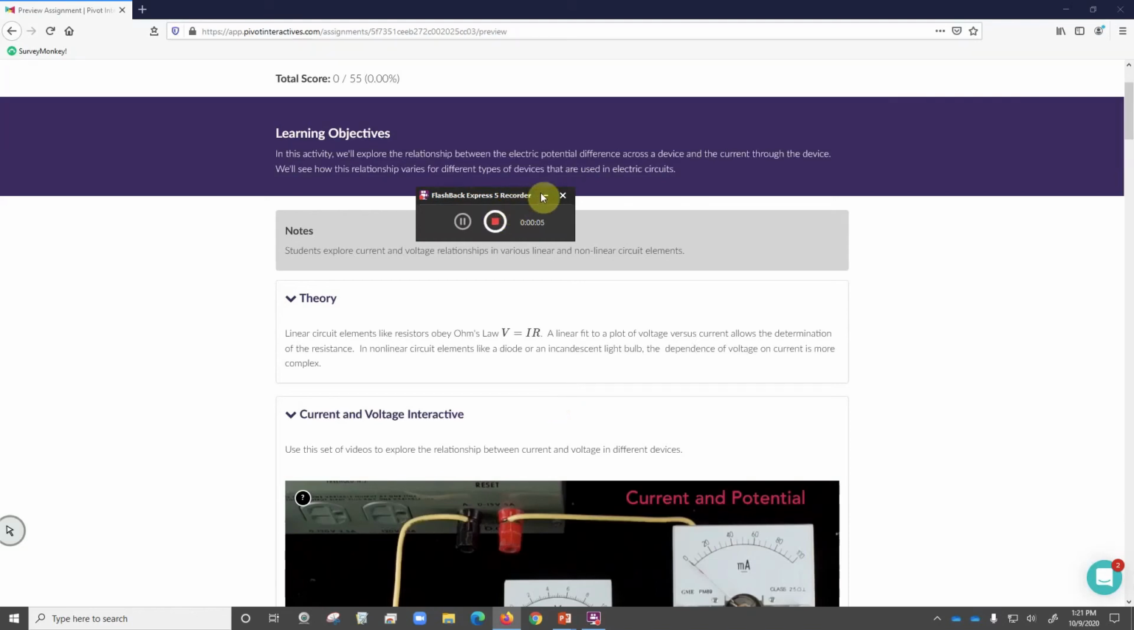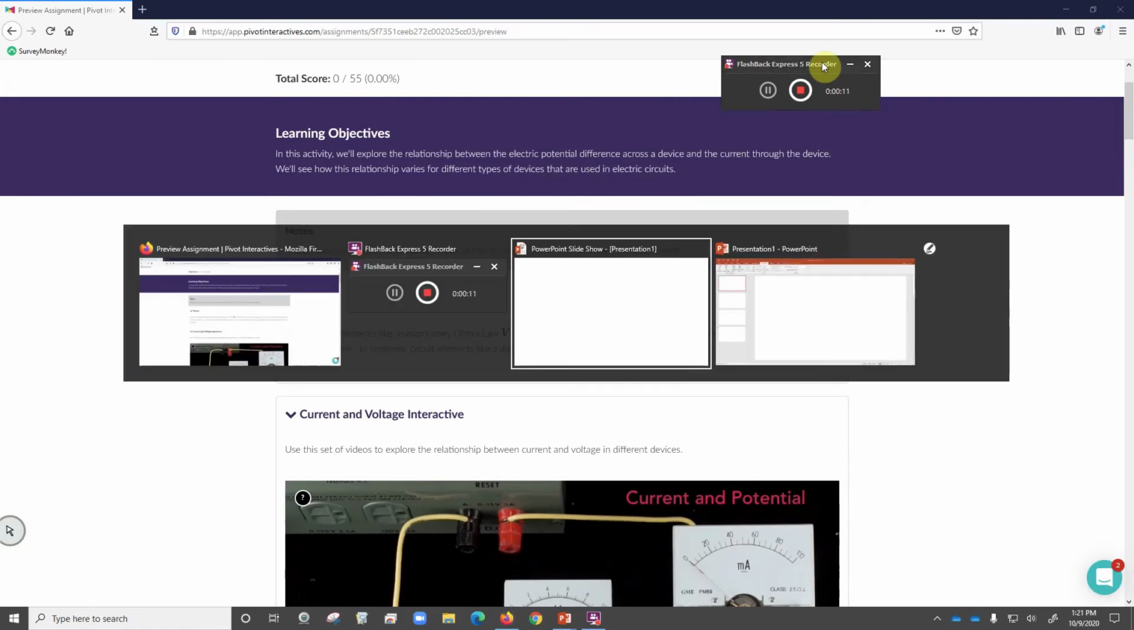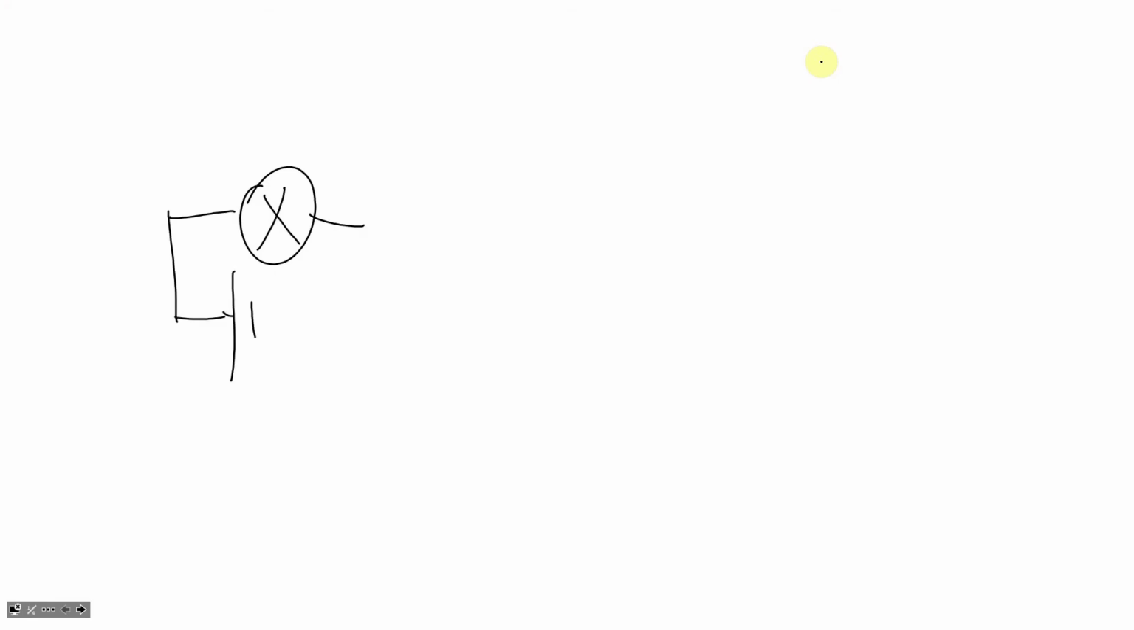All right, let's talk about this lab. It's about Ohm's law, current, resistance. And so first we need to refresh what Ohm's law is about. If you have a bulb, resistor, any device, and you connect it to a power supply, a battery, and then you measure